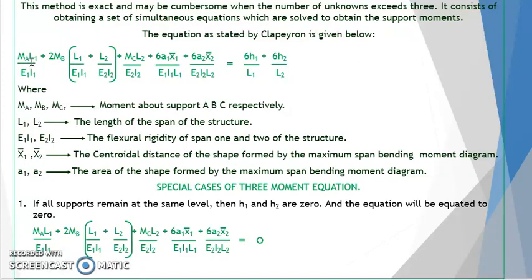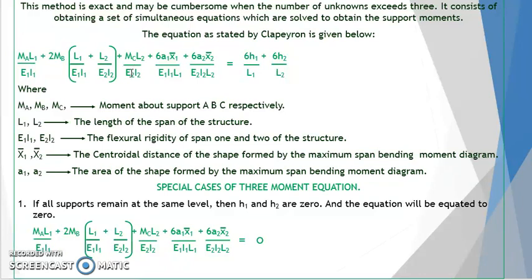We have M sub A L sub 1 all over E sub 1 I sub 1, where M sub A is the moment at joint A, L is the length from joint A to the next joint, E is the modulus of elasticity, while I is the moment of inertia. Then plus 2 M sub B in brackets L sub 1 all over E sub 1 I sub 1 plus L sub 2 all over E sub 2 I sub 2, bracket close, plus M sub C L sub